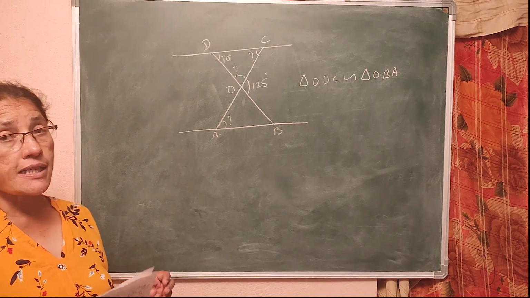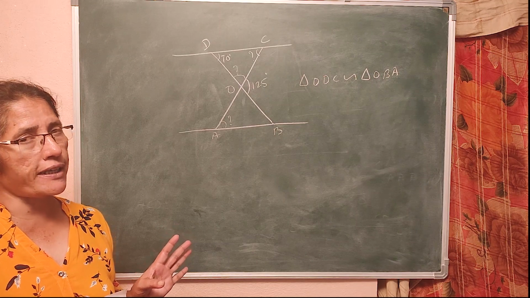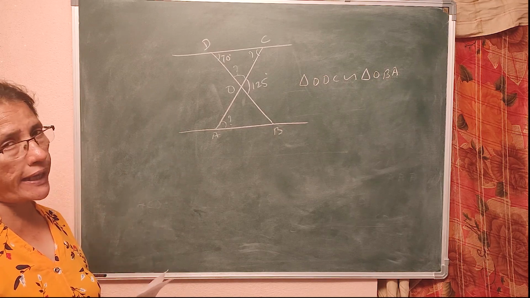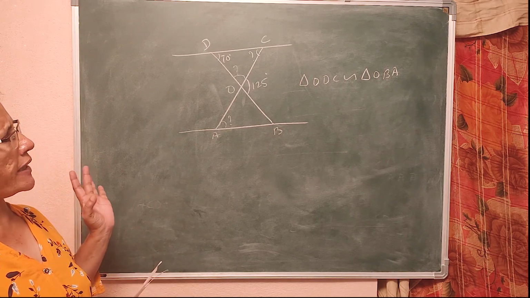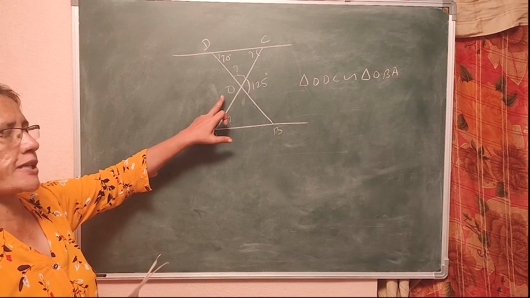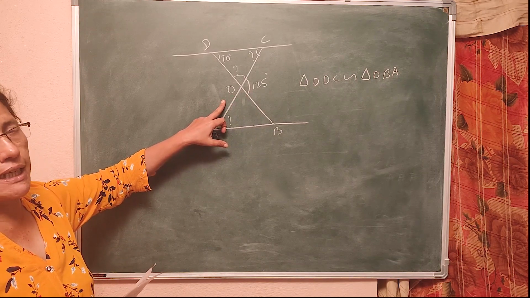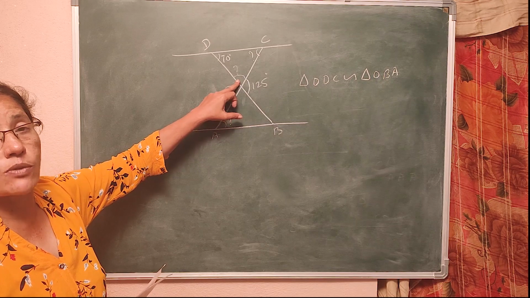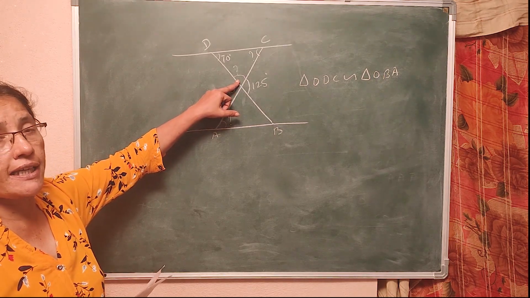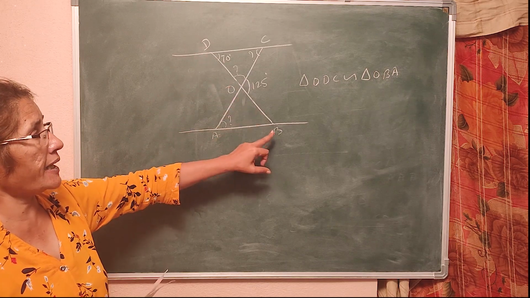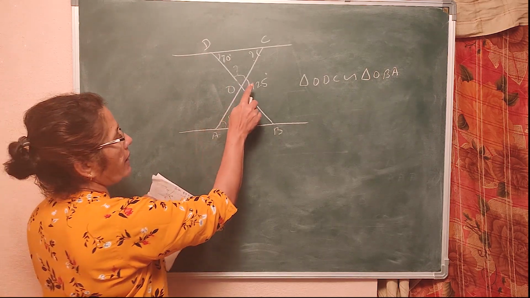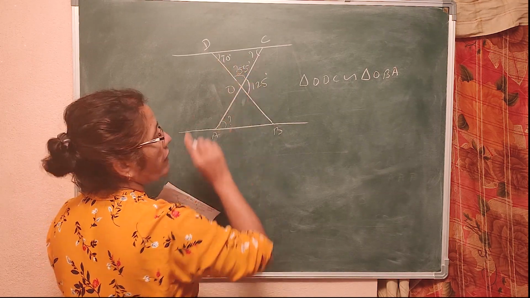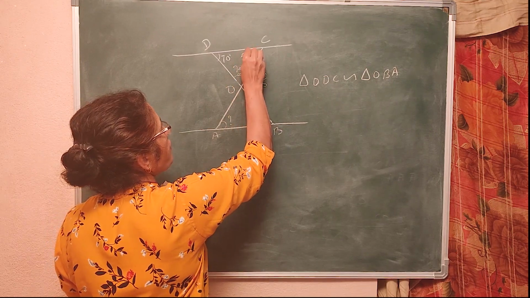When they are similar, corresponding sides are proportional, and also angles are equiangular. Now, as soon as I look at this, it is 125. So, this is also 125 by vertically opposite angles. If this is 125, how much is this? It is 180 minus 125 by supplementary angles. CD, BD is a straight line. So, 180 minus 125 is 55. When this is 70 plus 55, 125. So, this is also 55.